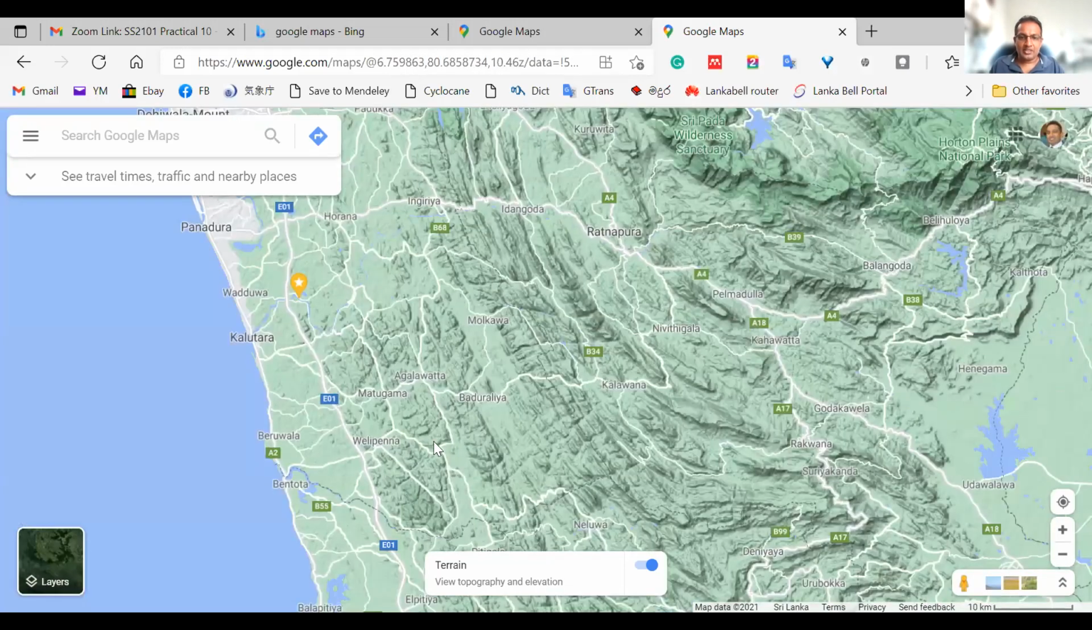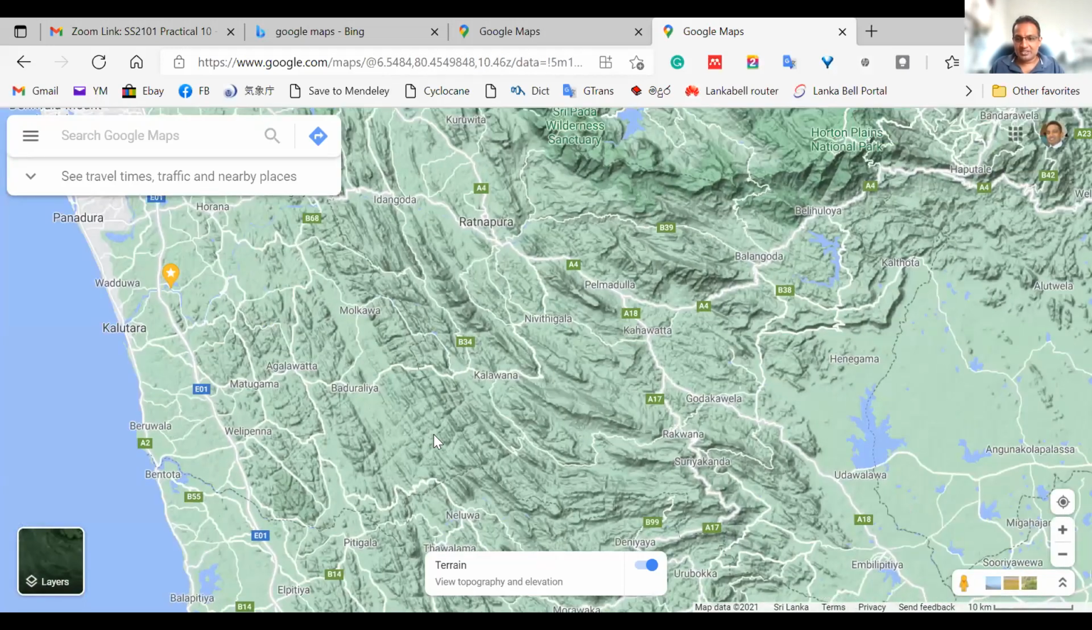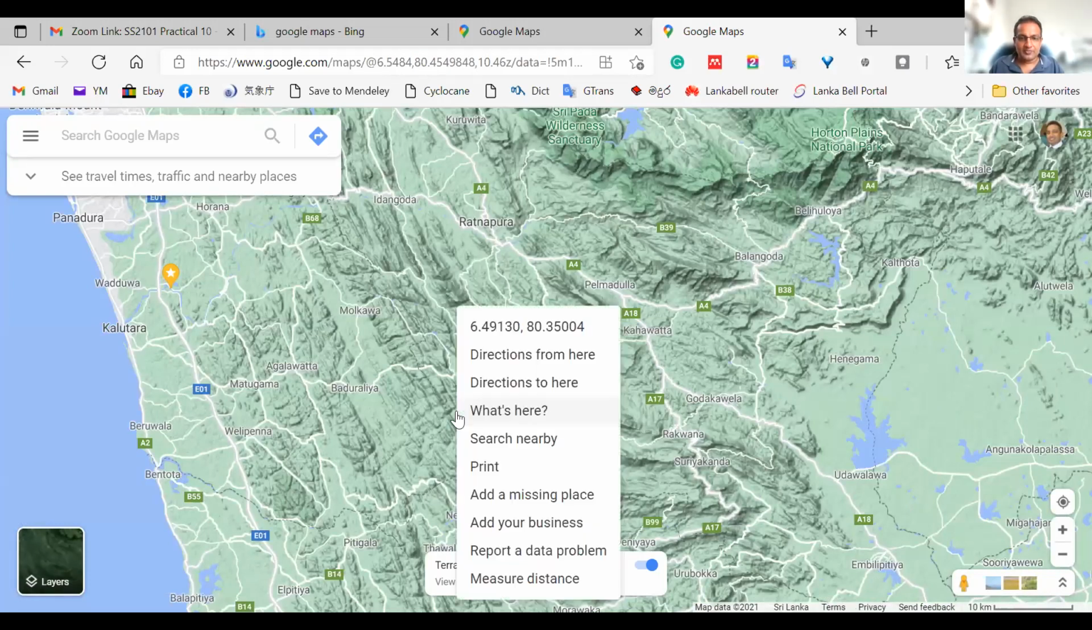So if you want to find the location of a particular place, you can right click. You can see the coordinates. 6.49130. This is N and this is E, 80.35. There are different coordinate systems. Probably you may have learned the other type where you use degrees,